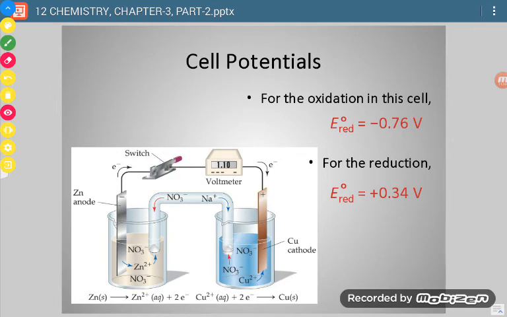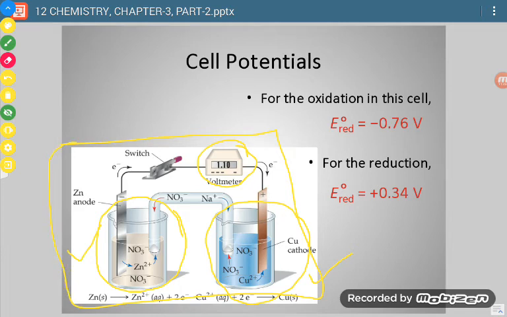Now see, this is the example which we have taken. We have connected the zinc half cell and this is the copper half cell. For the individual half cells we know the standard reduction potential values. Now when we have connected them, whatever value we get here is the EMF of this whole cell. This is a cell, and the EMF of the whole cell is 1.10 volt. We know that EMF is calculated by E right minus E left, which is written in the next slide.